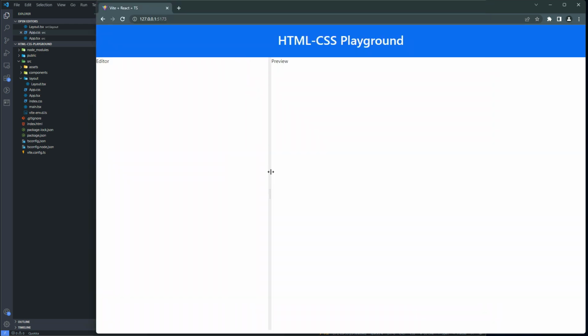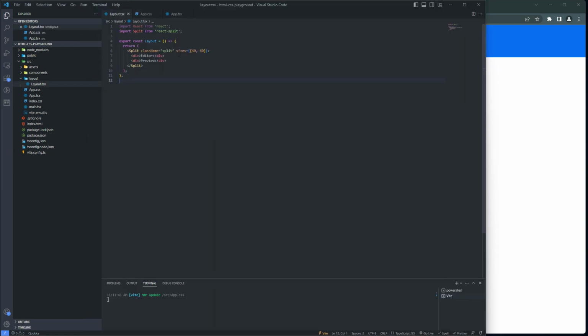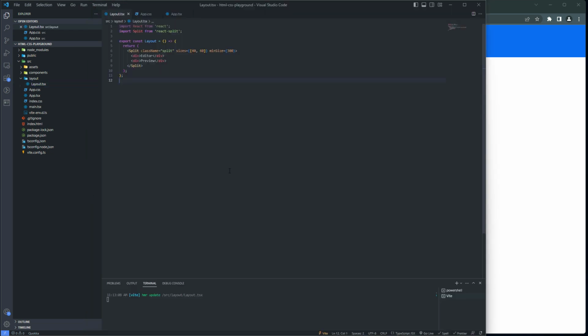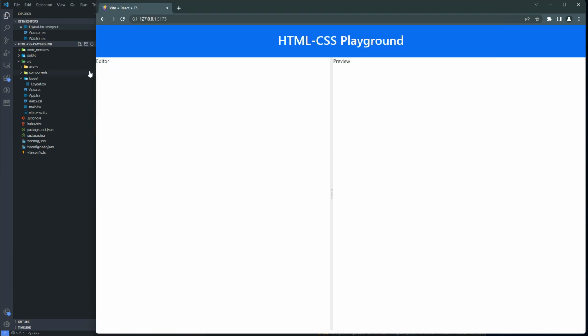Right, so my split is now working, but you notice that I can collapse it on the editor side all the way here. I want to give it a minimum size, right? So I'll go back to here and I will specify a minimum size of 300 pixels. So I'll just say min size should be 300, so that when I get to 300 pixels it won't actually shrink again. So you notice when I get here it's not going again. So I'll leave it at 300 pixels for now, which means that I can start adding my editor and my